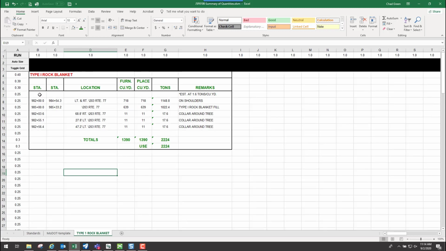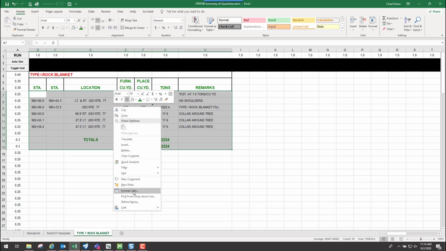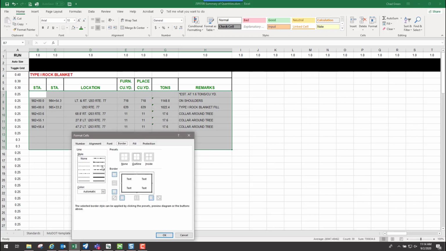Now for the rest of it, I will go through here and go to B7 all the way down to H15. And on my inner grid work where I have my information for my quantity block, I want that to be a little bit different. So I will go ahead and right click over it again, go to Format Cells. But this time, instead of it being a continuous line style, I will use one of these other line styles. That way it maps it over with different attributes.